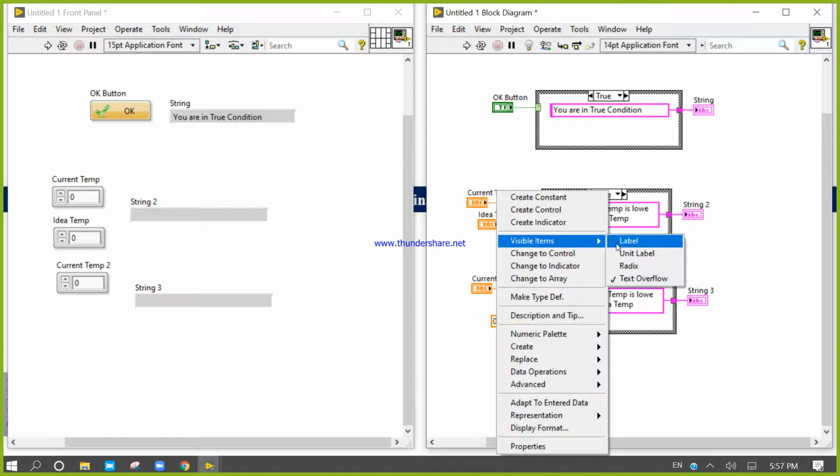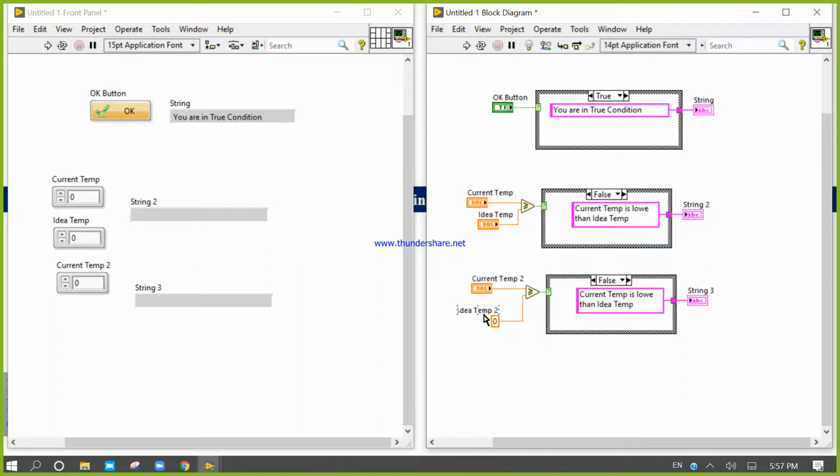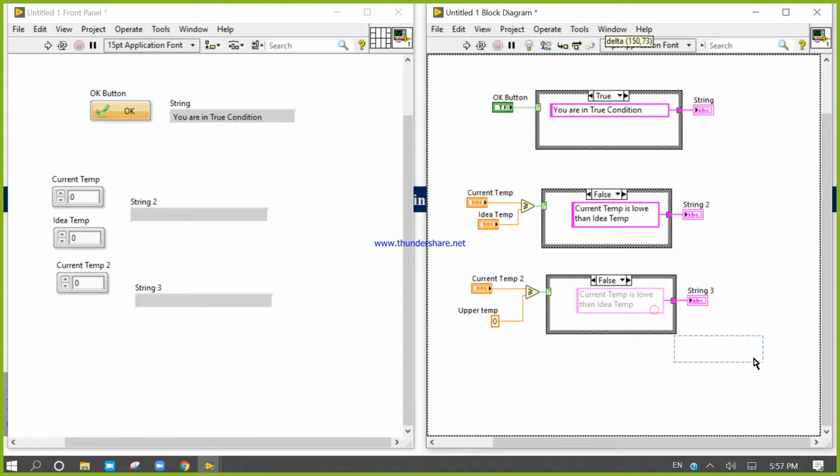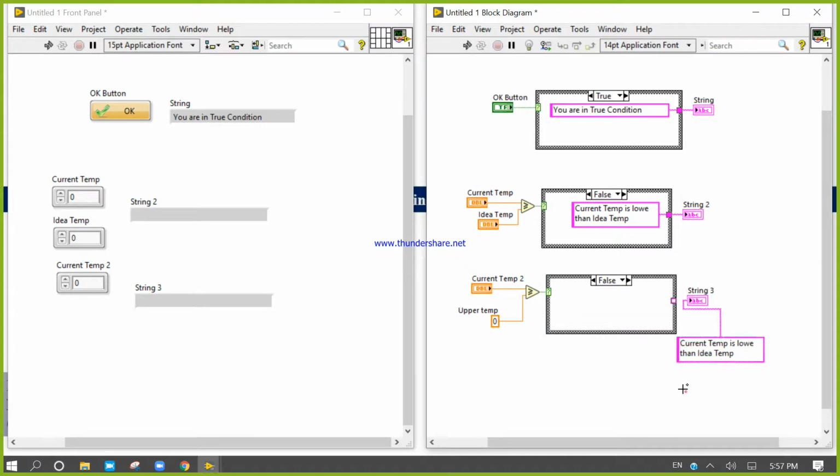Right click, label it upper temperature. Now the current temperature, so AC is turned on, it will be the same.